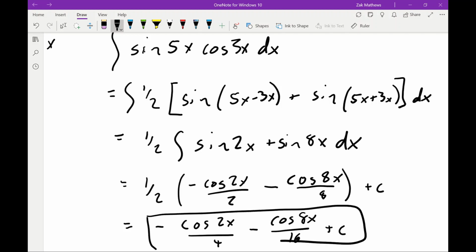So I'm not going to do any more examples of this rule because it is just a simple matter of, if you see that product, we can write it using our product to sum formulas. So we do need to remember some formulas from trig. In these sections, we need to know how to work with trig functions. We've already talked about some of the basic identities, the Pythagoreans, the quotients, or reciprocals. But we need to know the product to sum. We need to know our power reducing. We are going to be applying half angles as well at times,